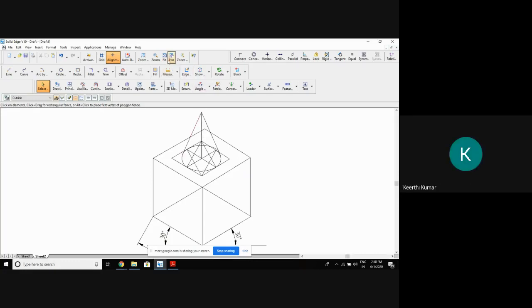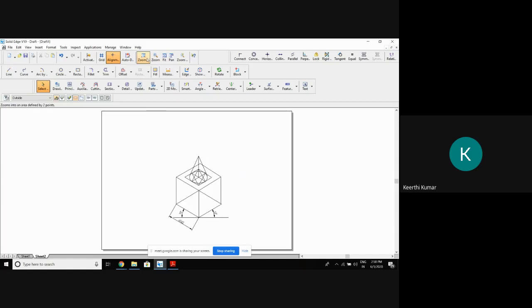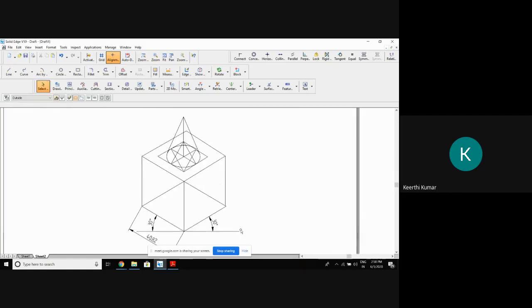Now I'll make it visible. So this completes the problem. But what is visible is very important, so check. Always try to decide visibility from the top. This is visible, this is visible, this portion is visible, and this. First I'll make the visible parts. You observe. Visibility will come with practice. It will not come straight away at one time. Just check out, you have to analyze for visibility.